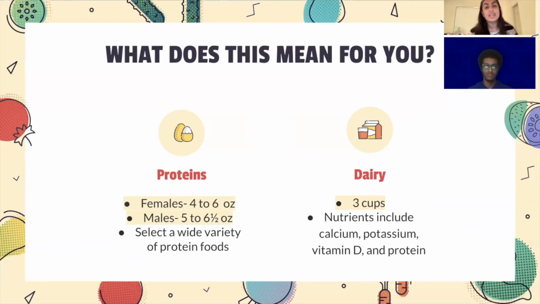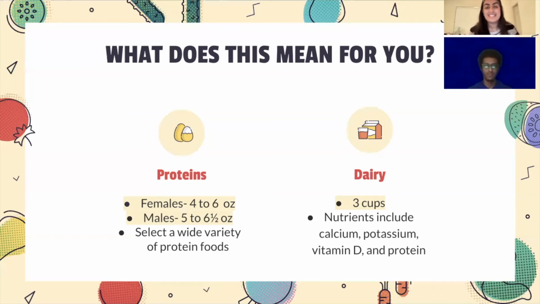So if you are vegetarian or vegan, there's a lot of ways that you can still incorporate protein in your diet. So definitely try to select a wide variety so that you're not getting bored of eating the same thing over and over again. And also beans, and we said beans and lentils and peas are also part of the vegetable group. So you're kind of getting 2 in 1 if you eat those. And like we said, definitely if you're vegetarian, there's those options that you can eat as well. And if you select a wide variety of protein foods, you get more nutrients for your body and for your overall health and for your benefit.